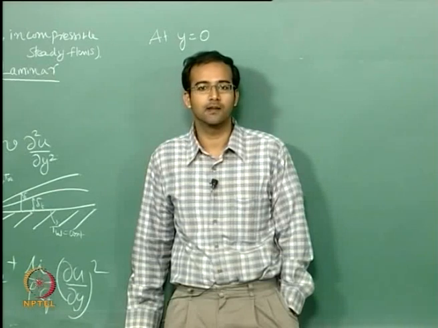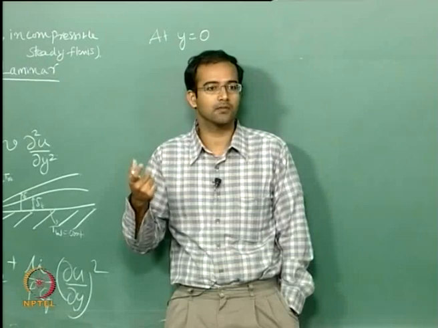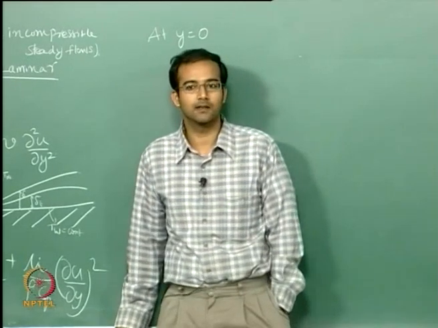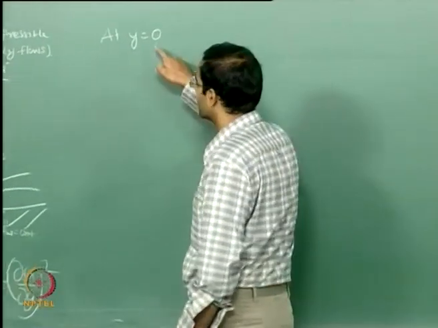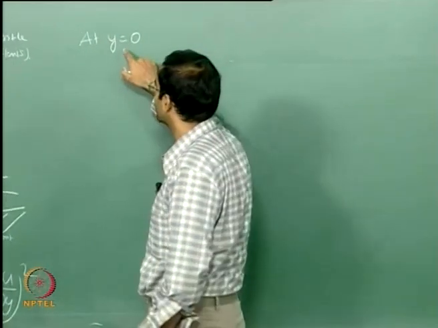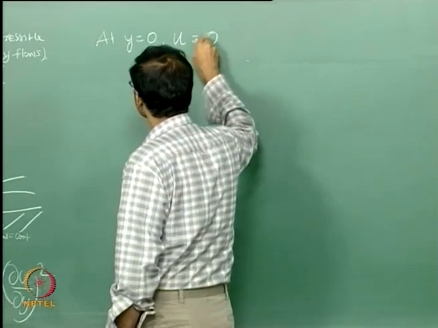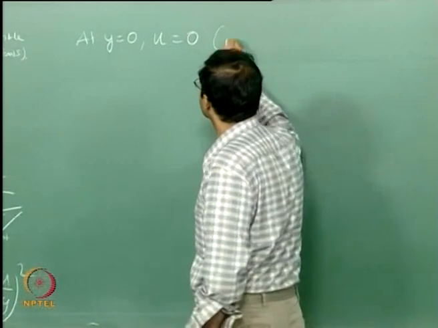Okay. So how many boundary conditions does a PDE need? Equal to the order of the PDE, right? So therefore along the y direction how many do we need to give? 2, okay. So one we are saying at y equal to 0, u is equal to 0. So this is what? No slip